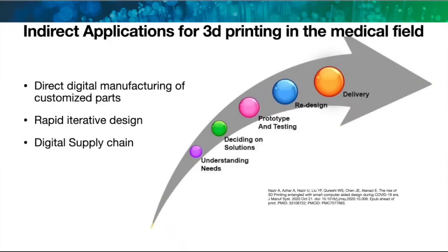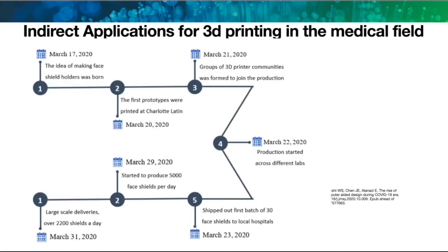Given our local experience, is this all that additive manufacturing can offer? Well, there are indirect applications that help our patients as well. Direct digital manufacturing streamlines the creation of goods by decreasing the number of steps for the final production to reach consumers. Indirect applications also include